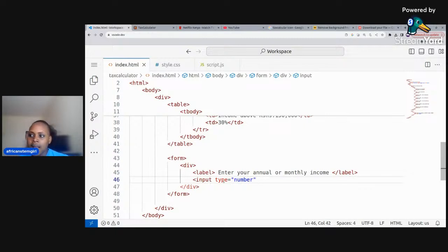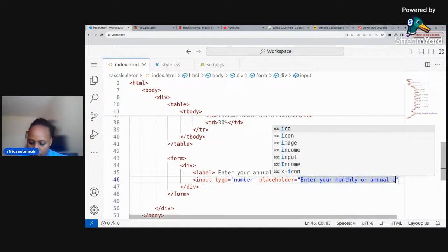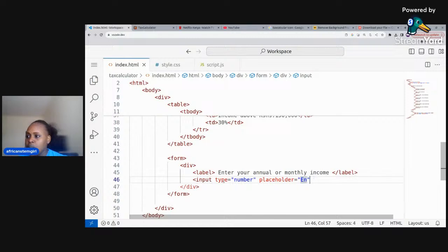So the other thing, I'll come here and I write, you can add a placeholder. A placeholder is just text that people can see inside the input box. We can use it to guide people on how to put in the instruction or what they should write. So you can say, enter your monthly or annual income. Because you already have a label saying that, we can write, ensure, and we can say, don't